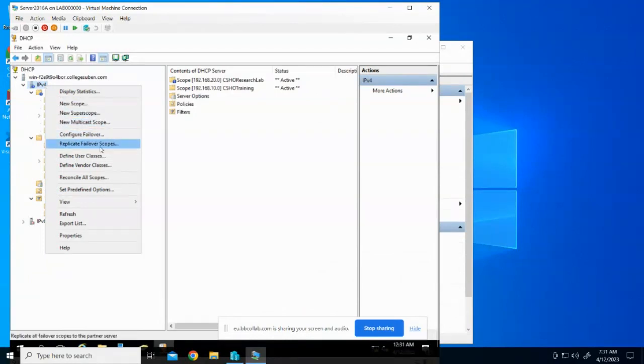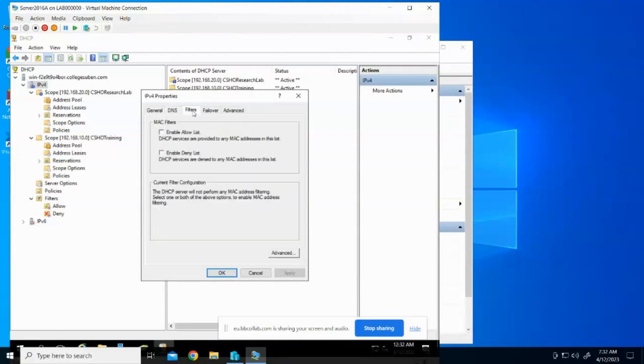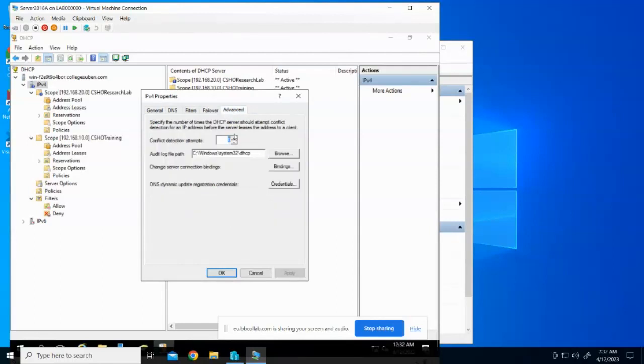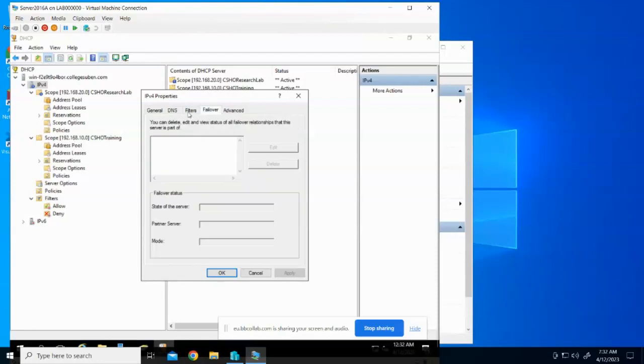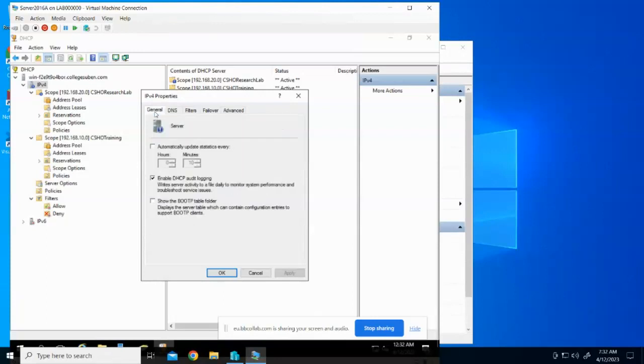All the scopes, configure failover scopes, define, reconcile, predefined properties of the IP version 4, enable auditing, DNS, filters, failover, advanced. So have you set any of these additional options, and why have you set it or not set it? Okay, so look at these different options that can be configured on your DHCP server, and